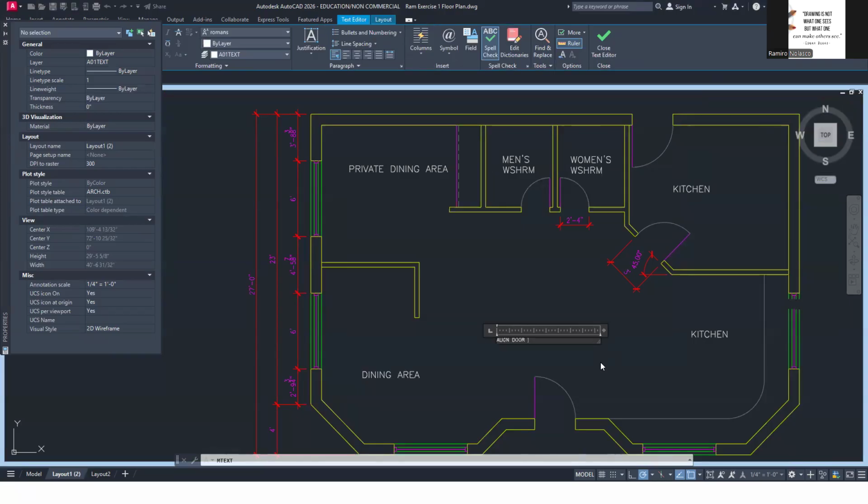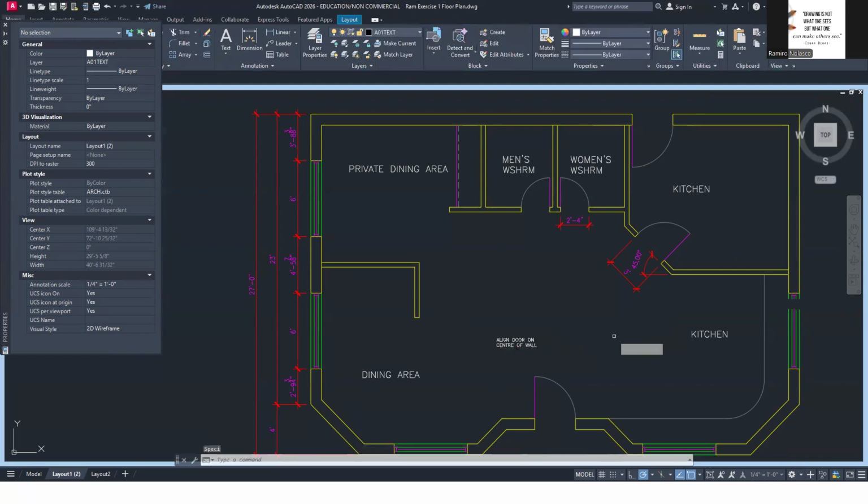Okay, make it smaller like so, click outside, copy